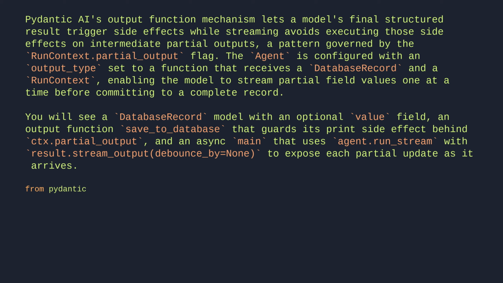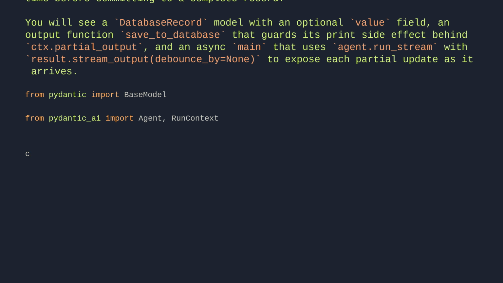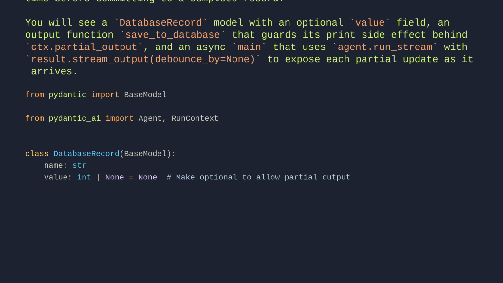From pydantic import BaseModel. From pydantic_ai import Agent, RunContext. Class DatabaseRecord(BaseModel): name: str, value: int | None = None. # Make optional to allow partial output. Def save_to_database(ctx: RunContext, record: DatabaseRecord) -> DatabaseRecord: